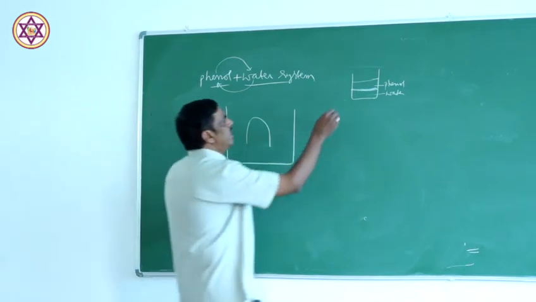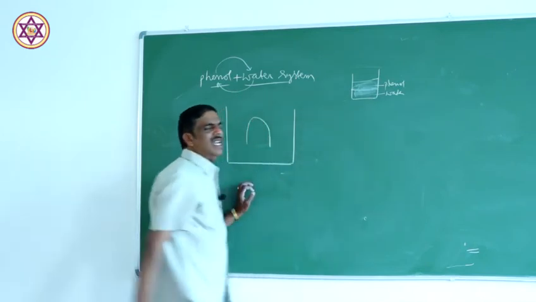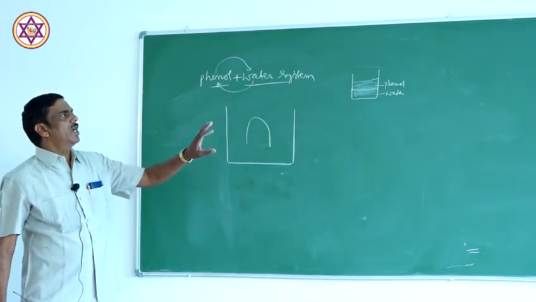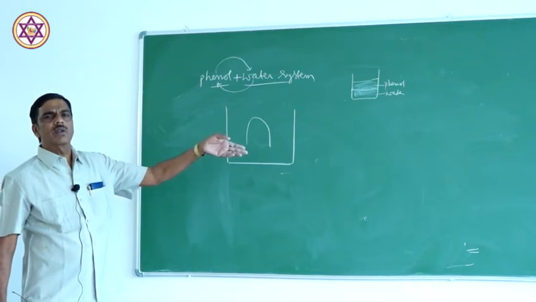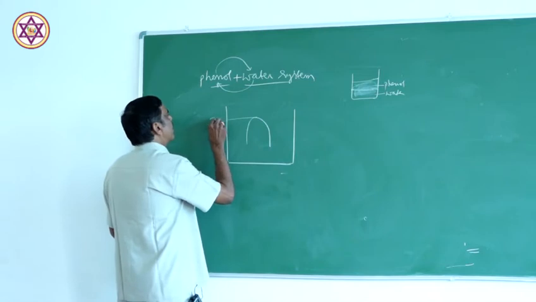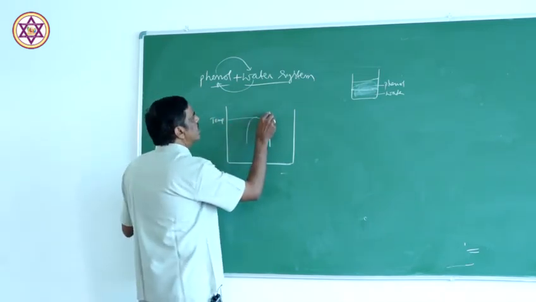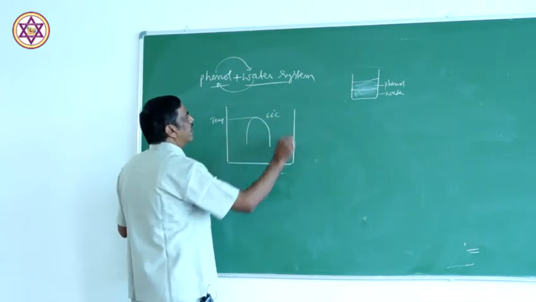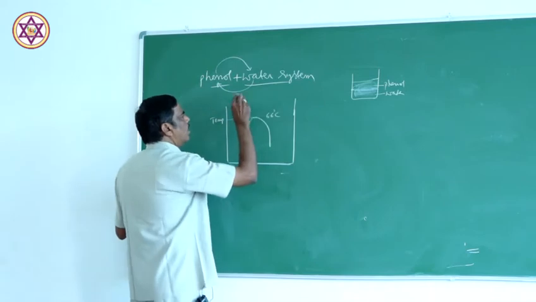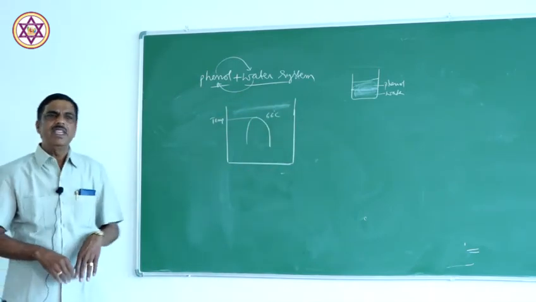If you go on heating this mixture, they become a single layer, a uniform layer, a solution. Completely one is soluble in the other, a complete solution. That is possible at this temperature. This is the temperature. So this temperature is 66 degrees centigrade. At 66 degrees centigrade and above, phenol and water are soluble in any proportion.